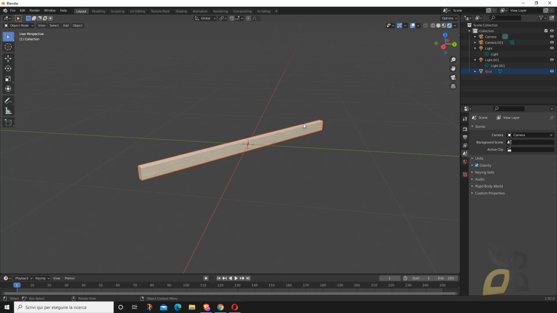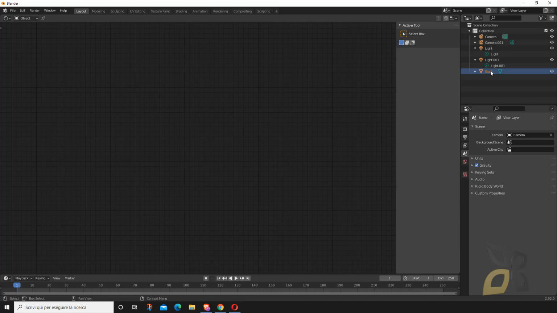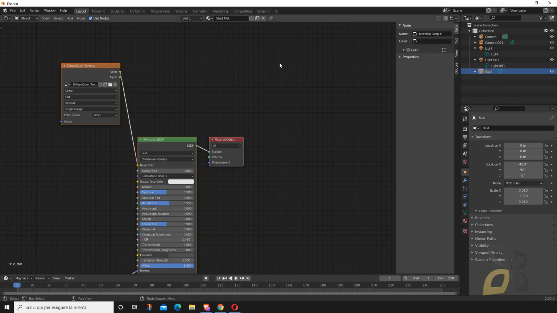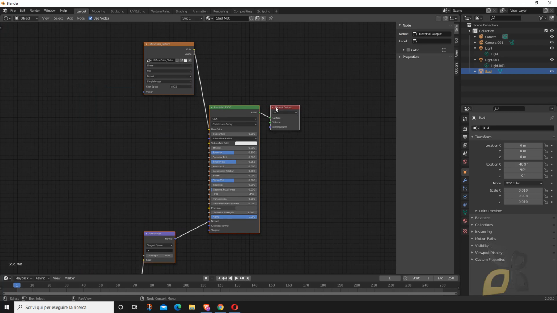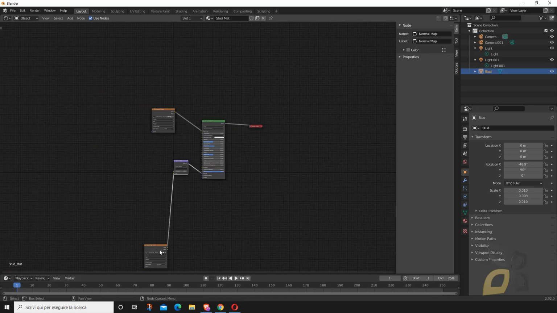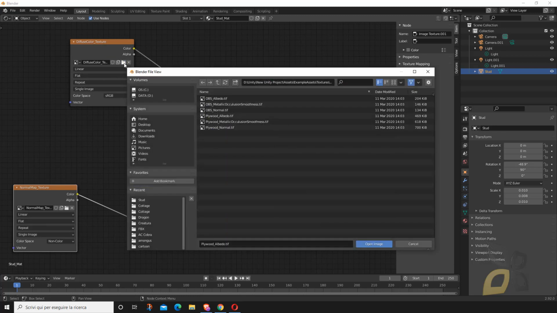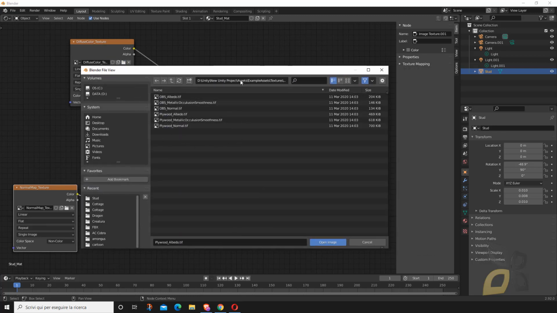So I want to show you this by going into another editor here, the shader editor, which hopefully, okay, if I select this model, it's going to show me the material. And if you see here the material, you can see that there are two textures connected. Now, if I click on the folder of the texture, I can see that this texture is getting into the Unity project assets, example assets. So it's basically getting inside a Unity folder.